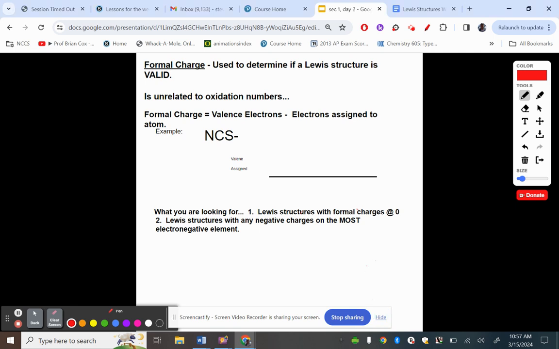Okay, now sometimes you are going to get a weird one. Formal charge is used to determine if the structure is valid. For example, you can have this cool structure, and I'll just give you a couple options. So you can either have, let's do this one. It can be